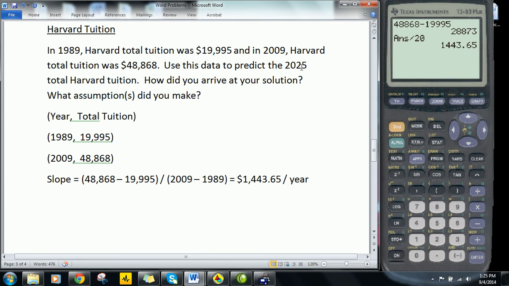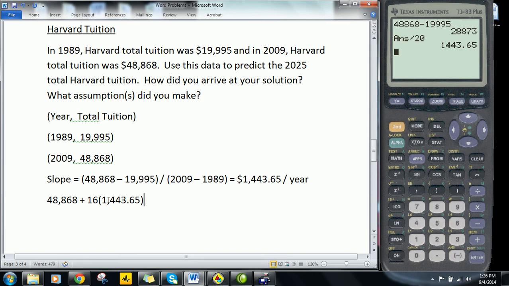Well, what about in 2025, right? And there are a lot of ways to do that, okay? One is we can kind of jump off. Well, 2025 is how many steps after 2009? That's right, 16. So after 2009, I'm going to start with 48, the cost. That's the 2009 cost. And then we know that the tuition is going to rise this much, 1,443.65 per year. Well, there are 16 years of rising from 2009 cost to the 2025 cost. So I have to add 16 of those